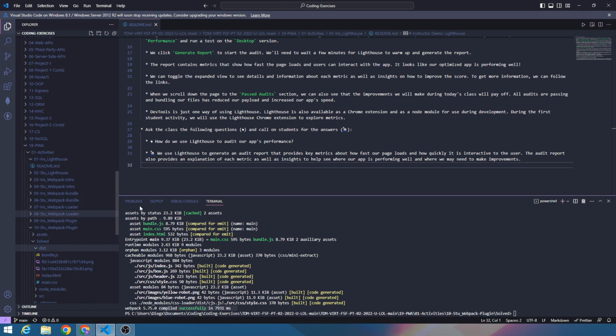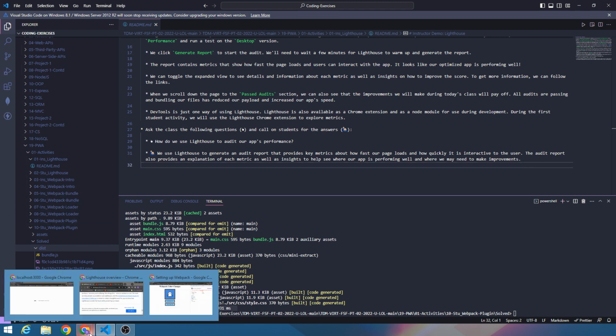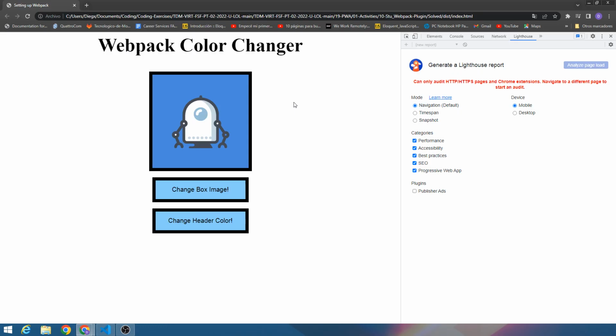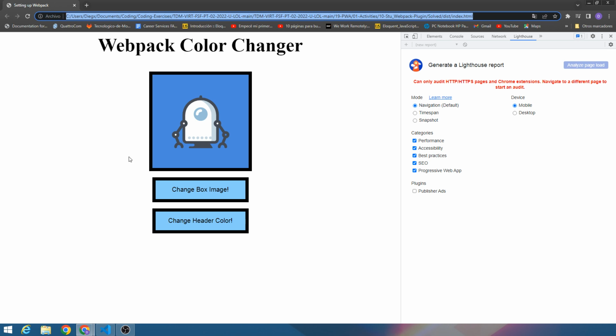Entonces, bueno, aquí cuando corro ya en el navegador, me dice can only audit HTTP or HTTPS pages and Chrome extensions. Navigate to a different page to start the audit. Entonces aquí no me está permitiendo generar la auditoría porque no está productivo, está en una liga local. Necesitaría yo subir este ejemplo a Heroku o